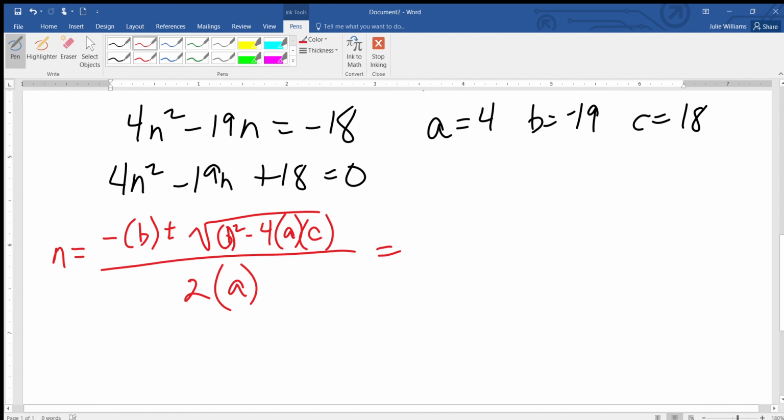All right, so now next step is I'm only going to be substituting in. I'm not going to do any simplification or any sort of math. I'm just substituting in the values for a, b, and c. Okay, so n is equal to negative, parentheses, negative 19. Because you can see there, if you don't put the parentheses, you might forget to put both of the negatives, which we know means positive 19. Okay, you might get the wrong answer if you forget to put the parentheses. Okay, plus or minus the square root of negative 19 squared. And remember that this is not the same thing as